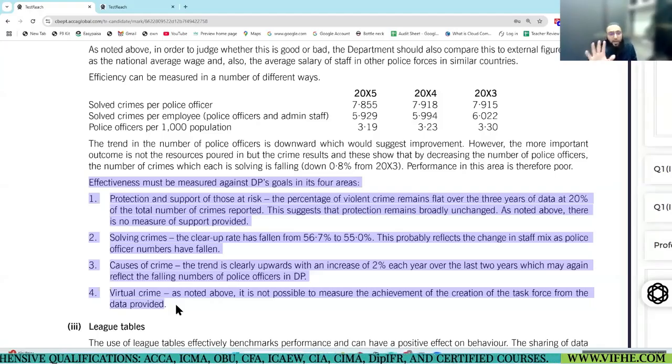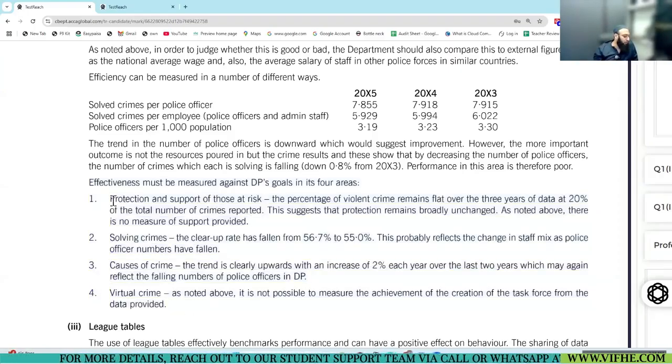See, all these 4 are the objectives, part of mission, yes or no. One can think to judge them, one can think to test them, but I don't think in examination many of you will pick up, okay, let's check all the 4. So at least 1, at least 2 you should be able to link, like protection and support of those at risk of harm.